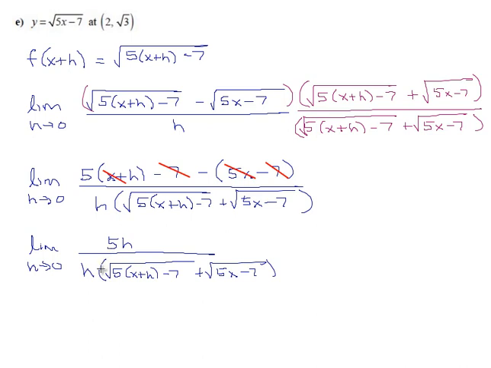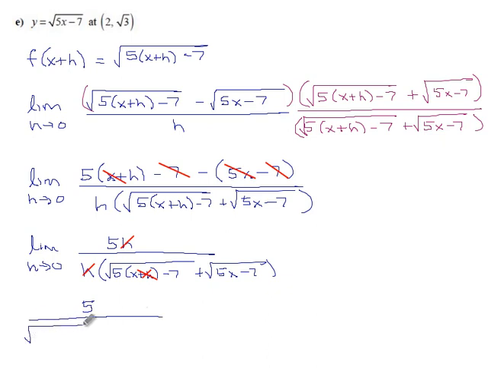Those h's cancel out. And h goes to 0, which means I can just drop this h here. That piece vanishes. And we're left with 5 over